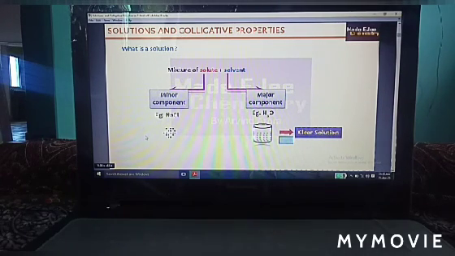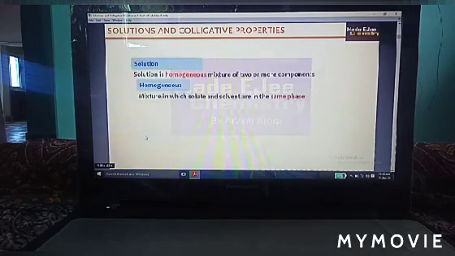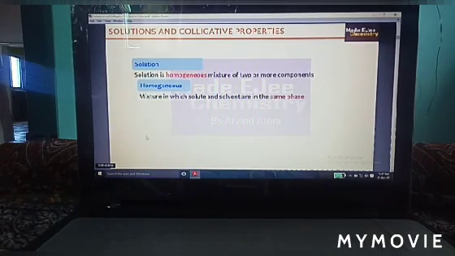Since the NaCl is always taken in a small quantity, we can say that NaCl is a solute, whereas water, which is always taken in a large quantity, is a solvent. So finally, the mixing of solute and solvent is called a solution. Basically, a solution is a homogeneous mixture of two or more components. As we have already discussed, a solution is a homogeneous mixture of two or more components.